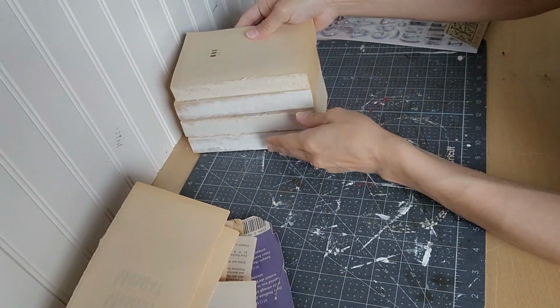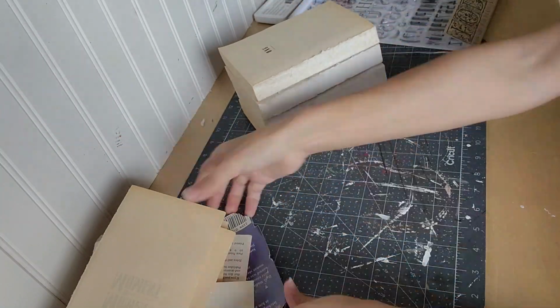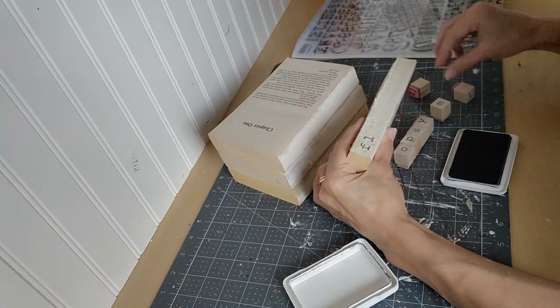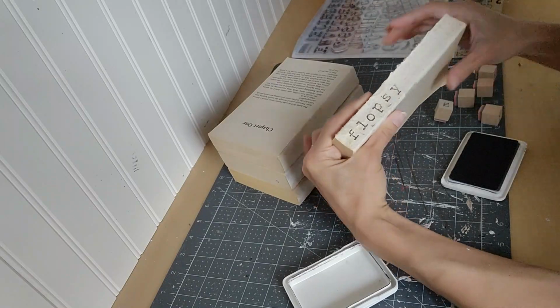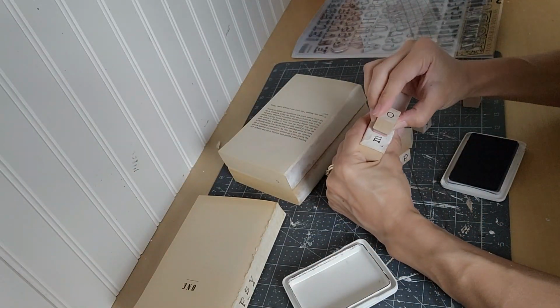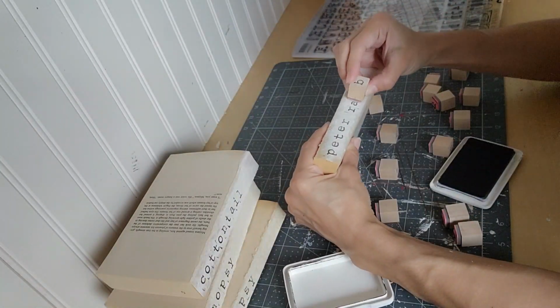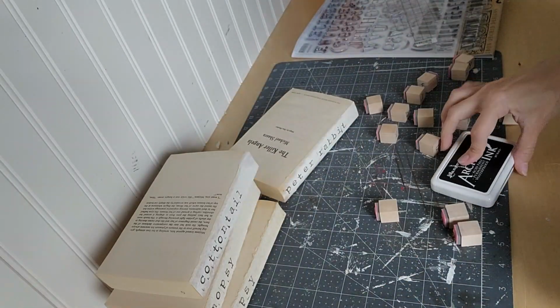So for the top book, I'm going to remove as many pages as I can until I get very minimal writing, as you can see. And then with a stamp set that I got from Hobby Lobby years ago, I'm using permanent ink and I'm going to spell out Flopsy, Mopsy, Cottontail, Peter Rabbit. Like I said, it is kind of Eastery, but I glue all of the books together so that they don't